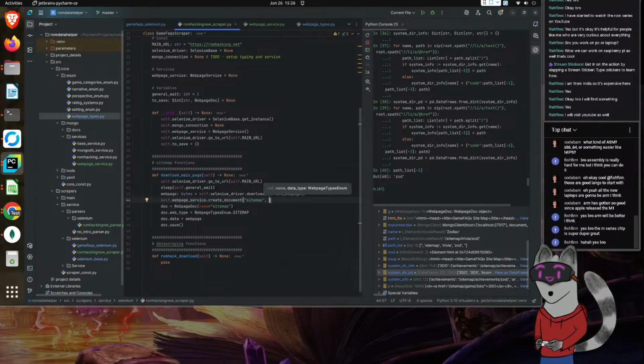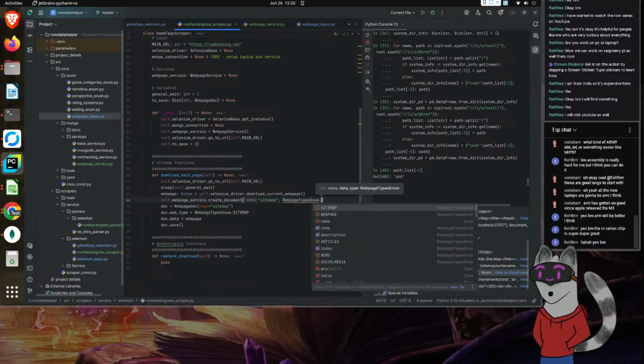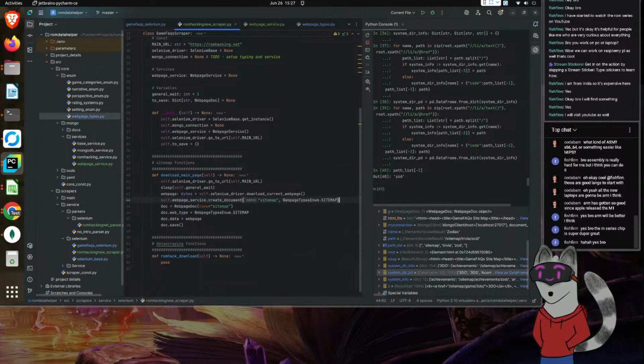And then from here we're going to put down, actually wait, did we actually fix the create doc? We'll test it. And then this will be the web types. Web type enum, sitemap, there we go.